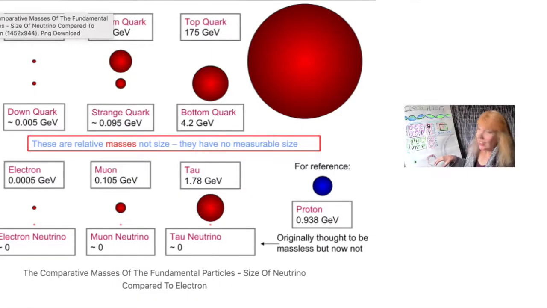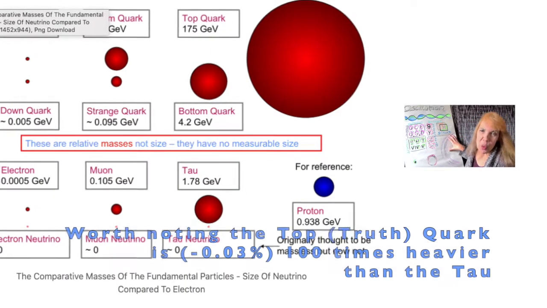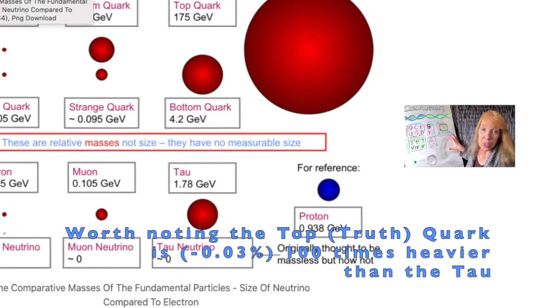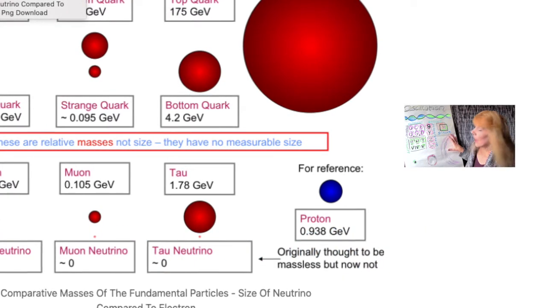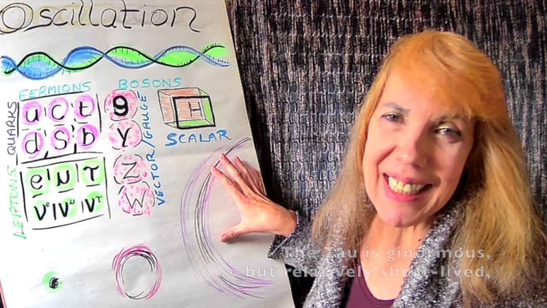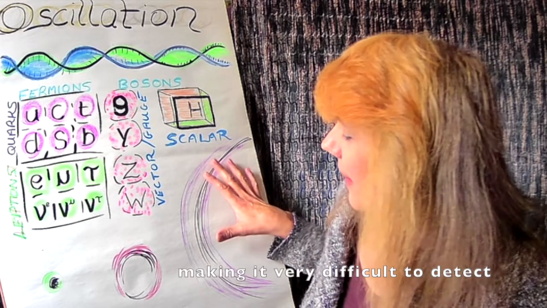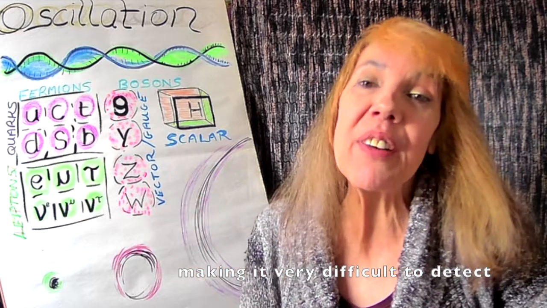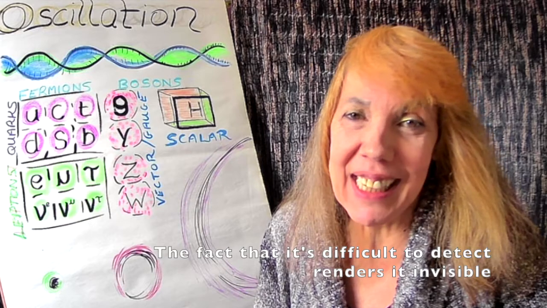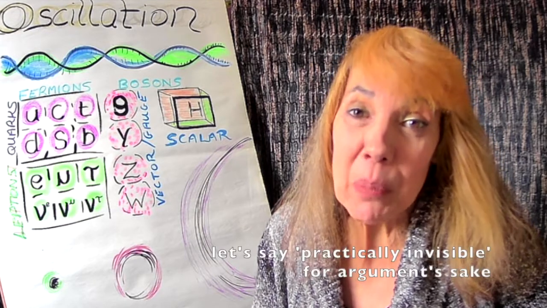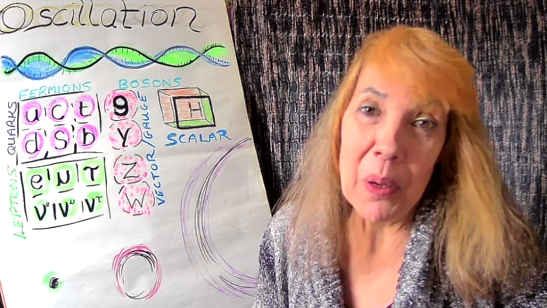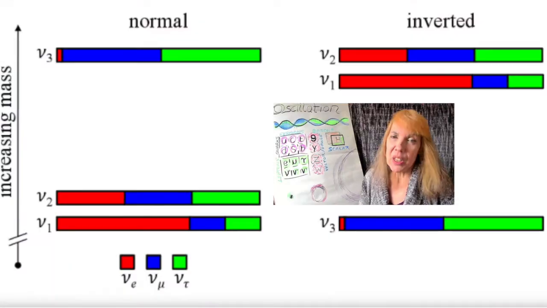The tau neutrino, on the other hand, is ginormous, humongous. It's unfathomably bigger, but it's also short-lived. And the fact that it's short-lived makes it very, very difficult to detect in neutrino experiments. The fact that it's very difficult to detect in neutrino experiments means that you can't actually see it. It's invisible. And that factor alone may well contribute to the problem with inverted mass hierarchy, because the question is